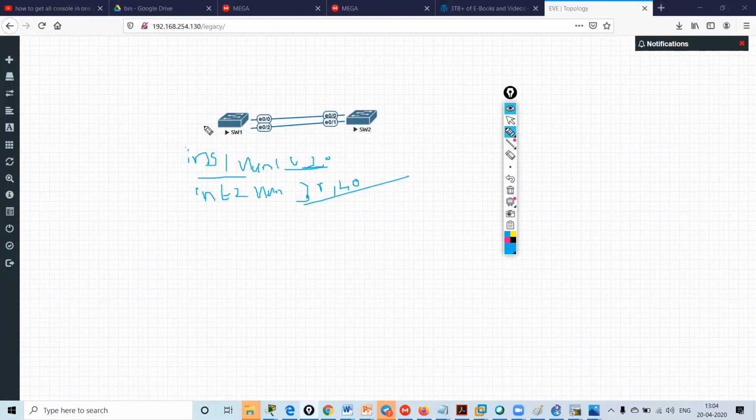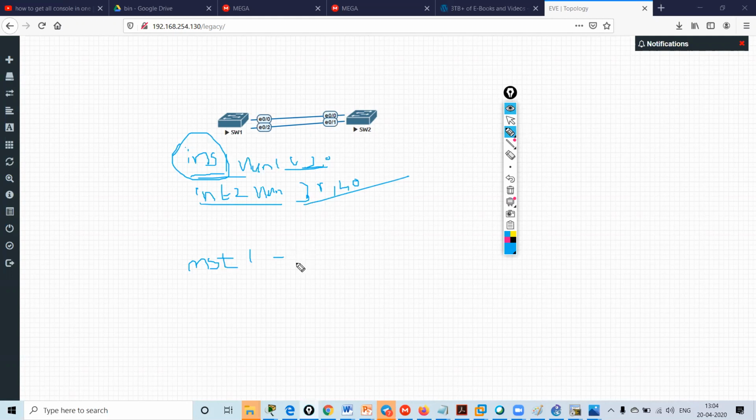Then what I have to do, I will assign these instances to the switches. I will tell the switch that I will run MST, that MST1 is my instance that will be assigned to switch 1.